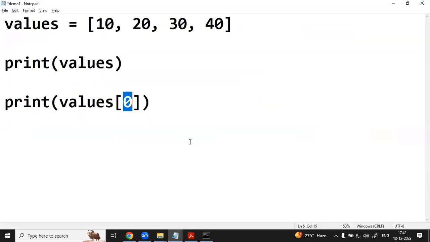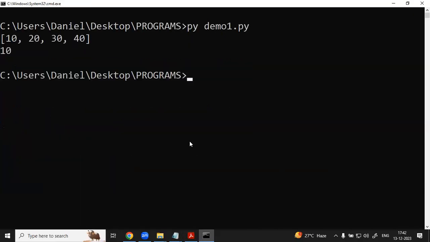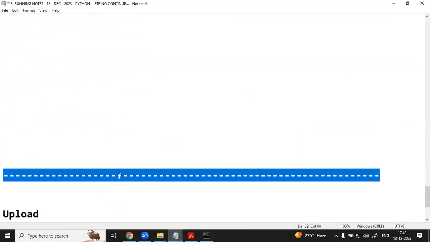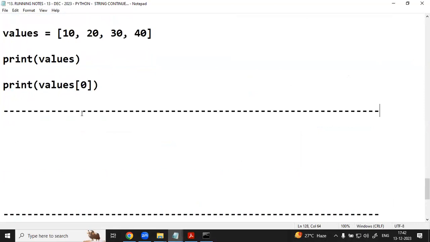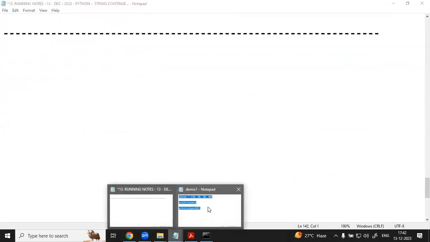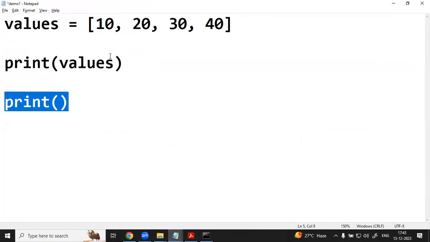Go back. Now let me show you the reality. Come back to the discussion. Are you ready? I'm going to show one example. Look at my screen. Hey, Daniel, what is the first index position value? Value of 0. Okay. I don't want the first index value to be 10, I need 99. Can I update it instead of 10? Can I take 99?